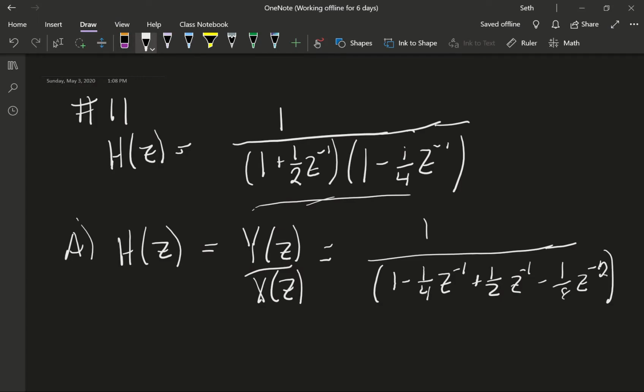So nothing special there, I just FOILed it. 1 times 1, 1 times 1/4 z^-1, 1/2 z^-1 times 1, 1/2 times negative 1/4 z^-1. We get it right here. Okay,